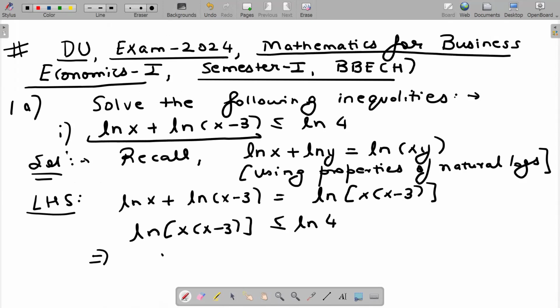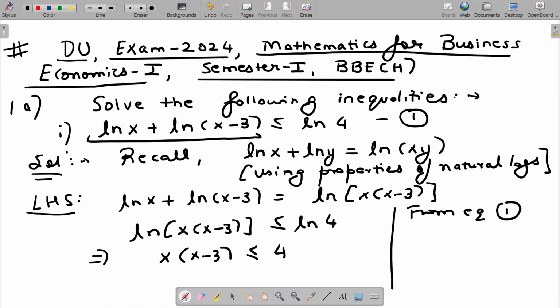Now this implies x times x minus 3 should be less than or equal to 4. Okay. Now if you look at equation 1, ln x plus ln of x minus 3 is well defined only when,